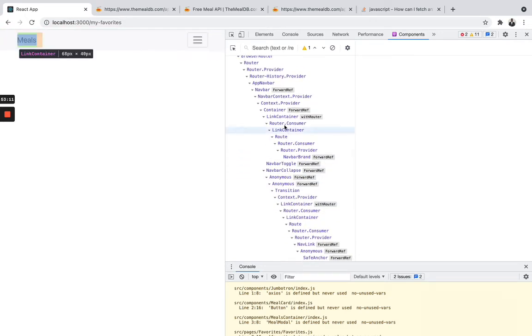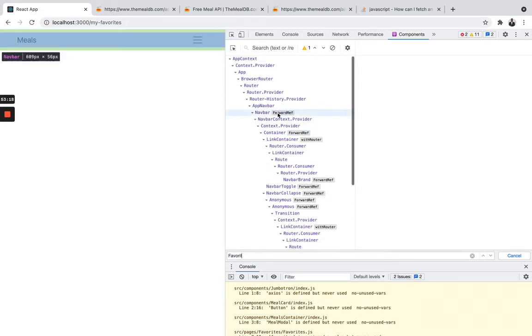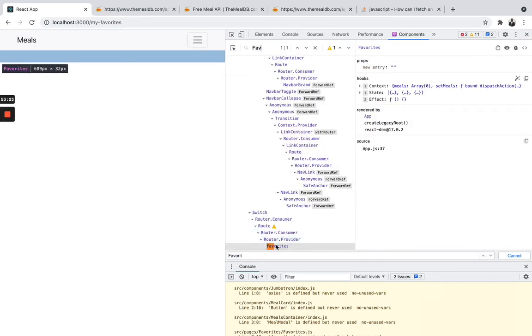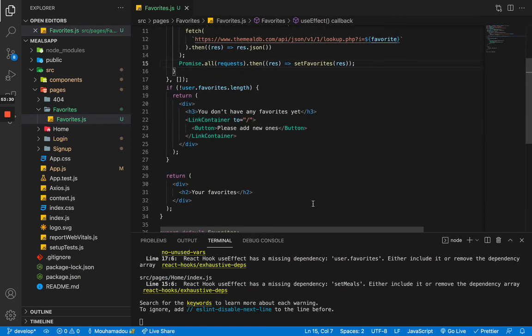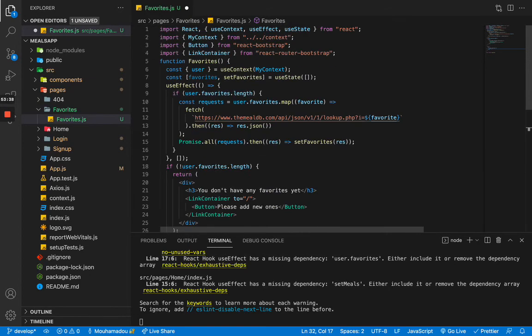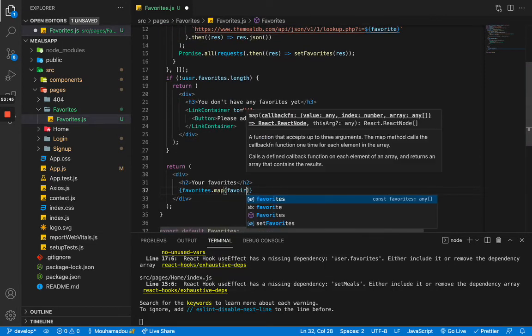It's the favorites, so I can search here. This here is actually the favorites, and we get the state for our 3 meals. Now we just need to show them. All right, so here you can say favorites. So the favorites here, that map for each one,